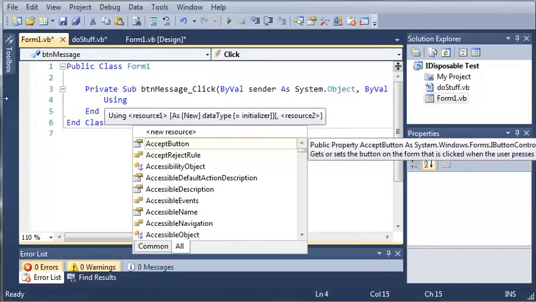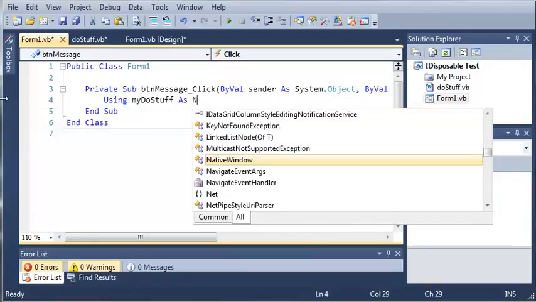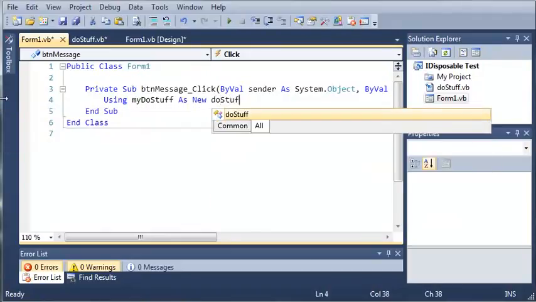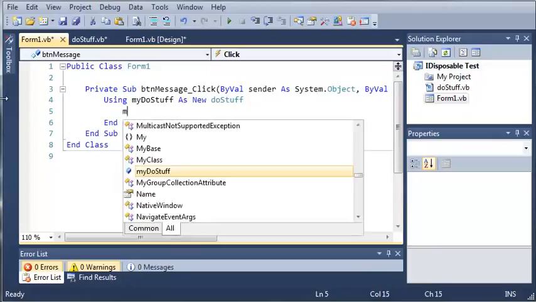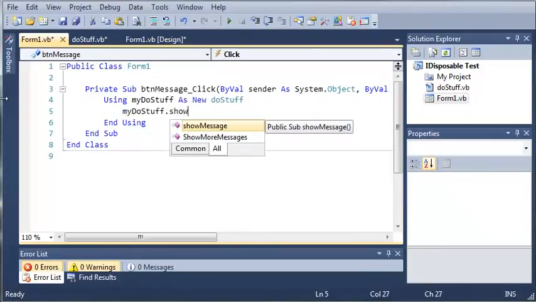So let's go ahead and set a name for the object of DoStuff that we want. Let's just call this one myDoStuff and then we're going to use the New keyword, so we actually create an object in the using block. So As New DoStuff. And now we're going to hit enter, and you can see that it adds the End Using for us. So we can type myDoStuff.ShowMessage,